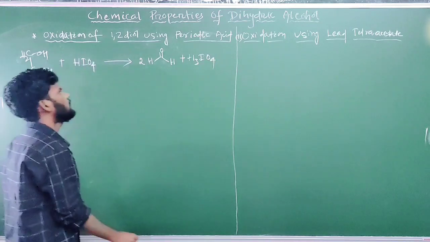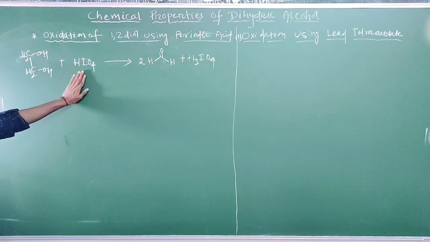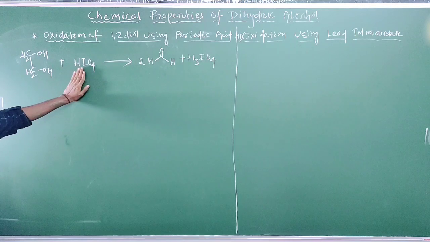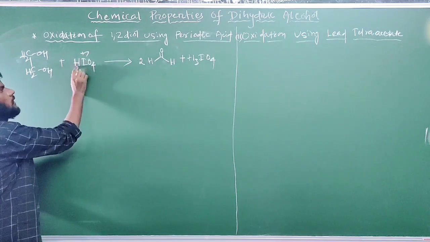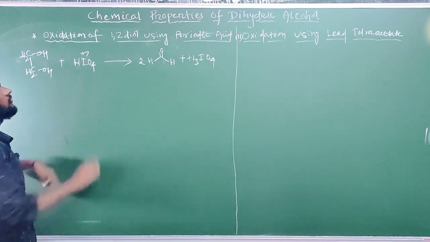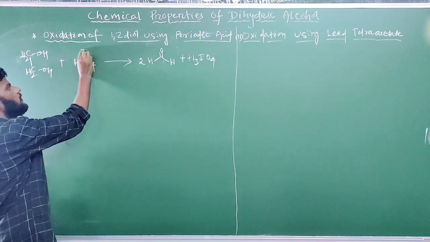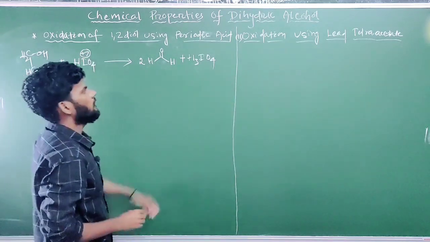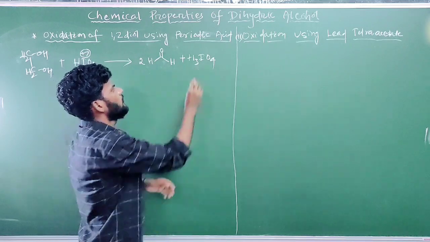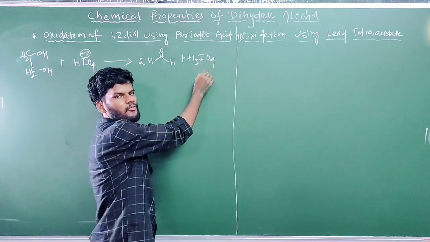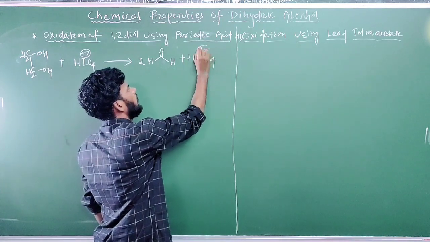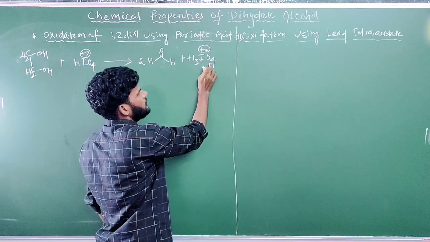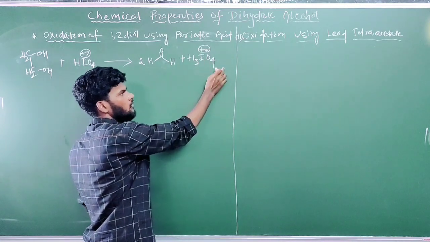H3IO5. Here you can see the periodic acid HIO4. The oxidation number of iodine in HIO4 is +7. You can count: hydrogen 1 plus X minus 8 is equal to 0, X is equal to +7. And in the byproduct, the oxidation state of iodine is plus what? 5. How to calculate? 3 plus X minus 8 is equal to 0, X is equal to +5.